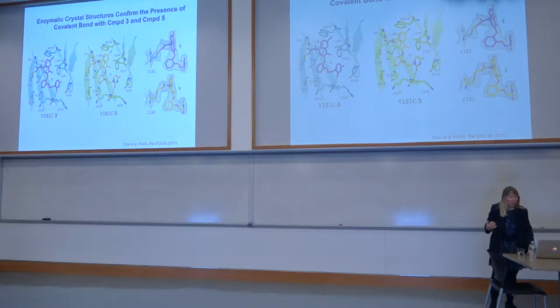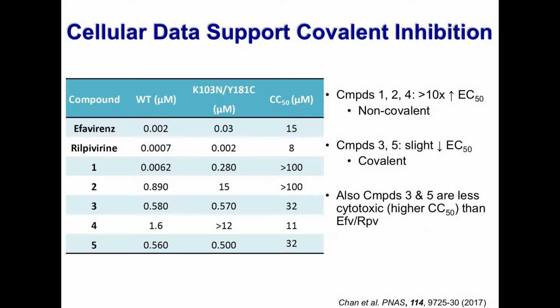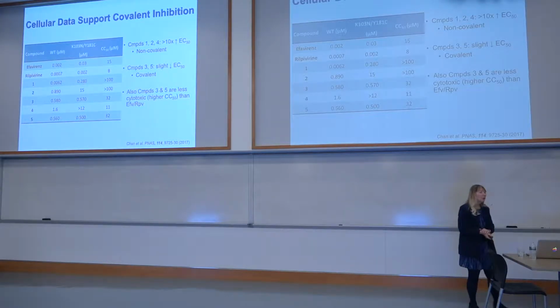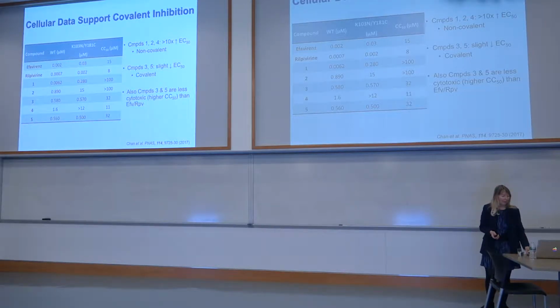And then finally, we looked at these in cell culture, and we showed that they're also potent in cell culture and even have a slightly lower cytotoxicity than some of the current compounds like efavirenz and rilpivirine. So all of these really suggest that this is another important class of inhibitors, and so we wanted to think about further improving these, but this is a very new strategy that we've started, and I think it could also yield some very interesting and exciting new compounds to think about for treatment.